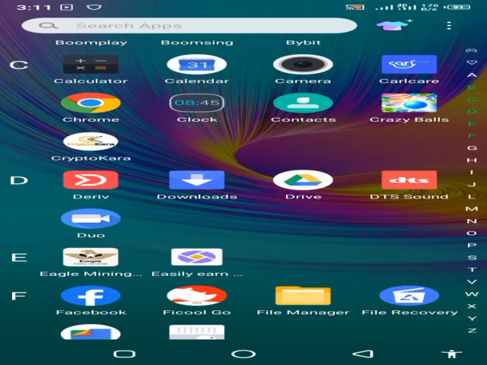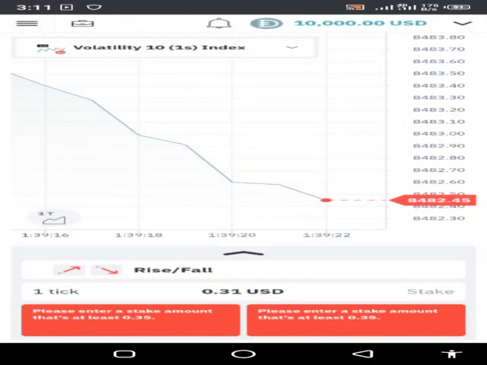This is the deriv.com app. Let's go into the app and see what it is. Now you see the same account. The same account. Now let me tell you something about Deriv and